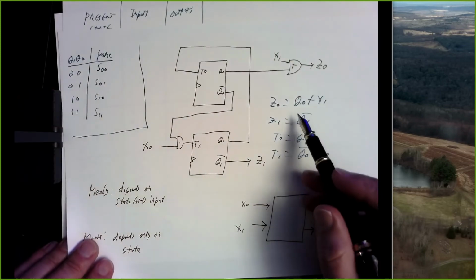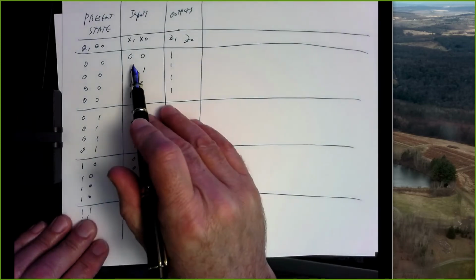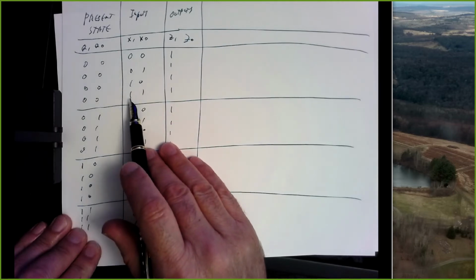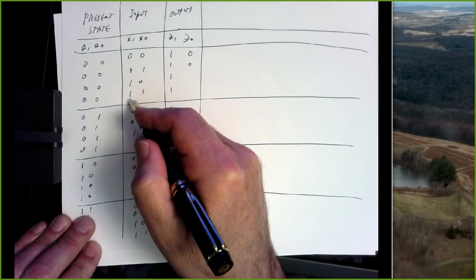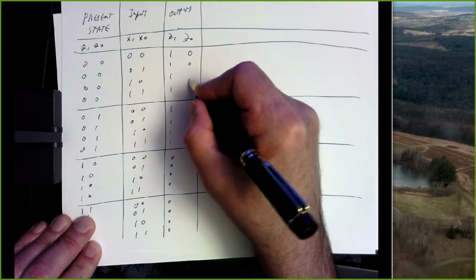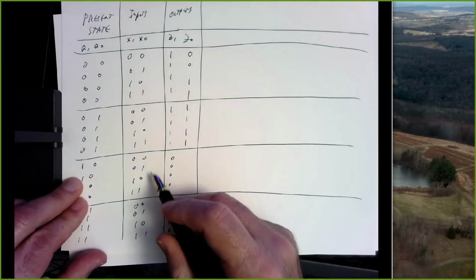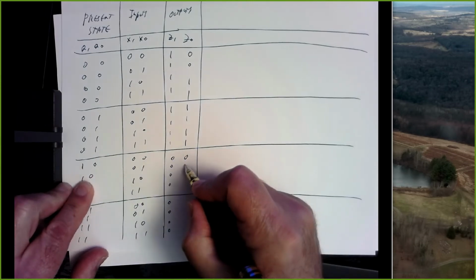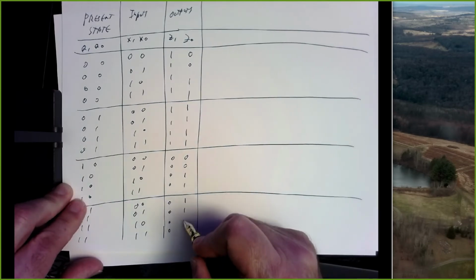And then Z0 is an OR, Q0 ORed with X1. So Q0 ORed with X1, it's these two columns in the middle here. And if any of those bits are a 1, then Z0 should be 1. So it looks like these top two rows are a 0, but down here we've got 1s on X1. And here we've got 1s on Q0. And here we've got a pair of 0s. And then we'll have 1s on X1, and then we'll have 1s on Q0, so it'll be the same pattern down here.